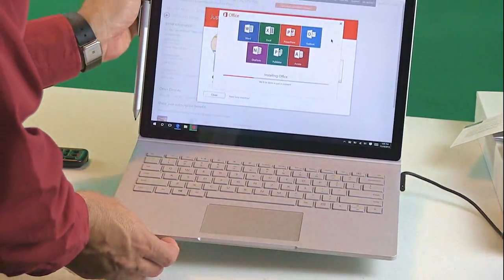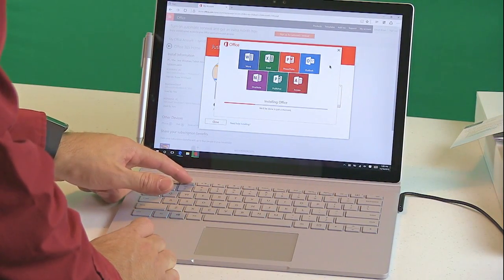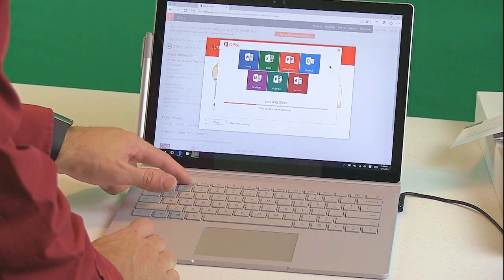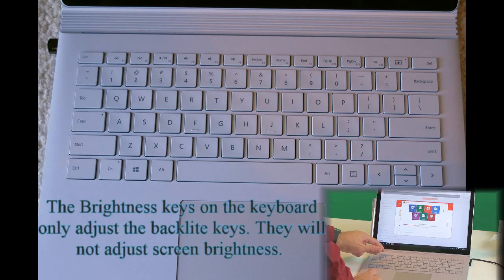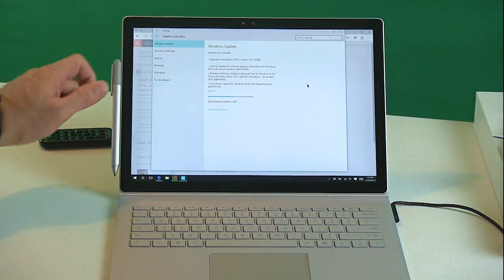I have not tried to turn on the brightness. Let's try that. Maybe I need to turn that off. That's not working right now. Not sure how you turn on the things. Okay, so now as you can see, I went to Systems and I went to Windows Update